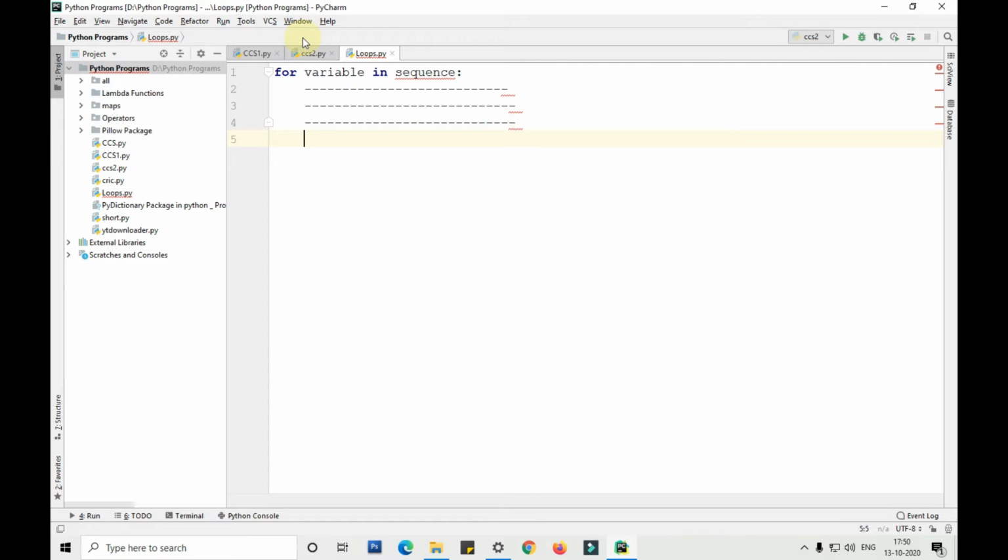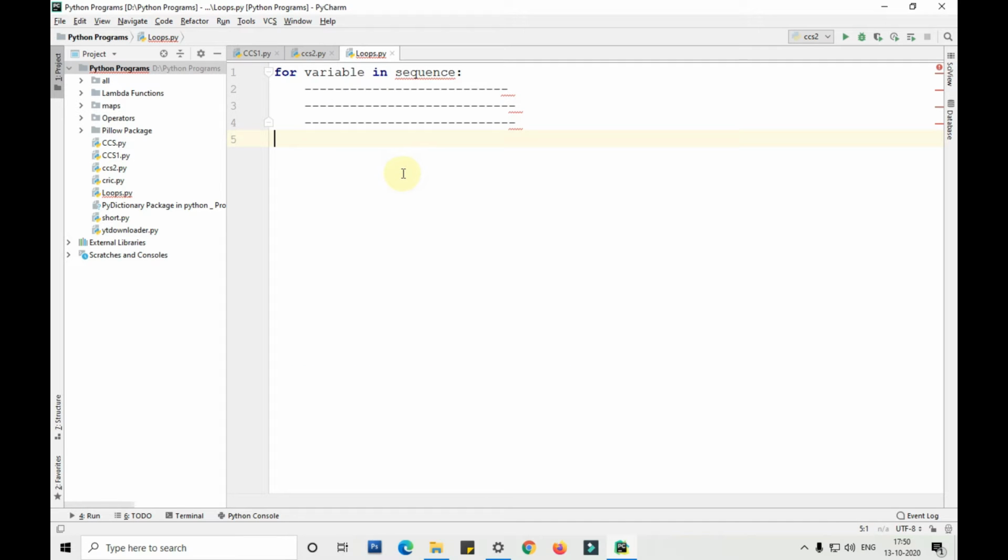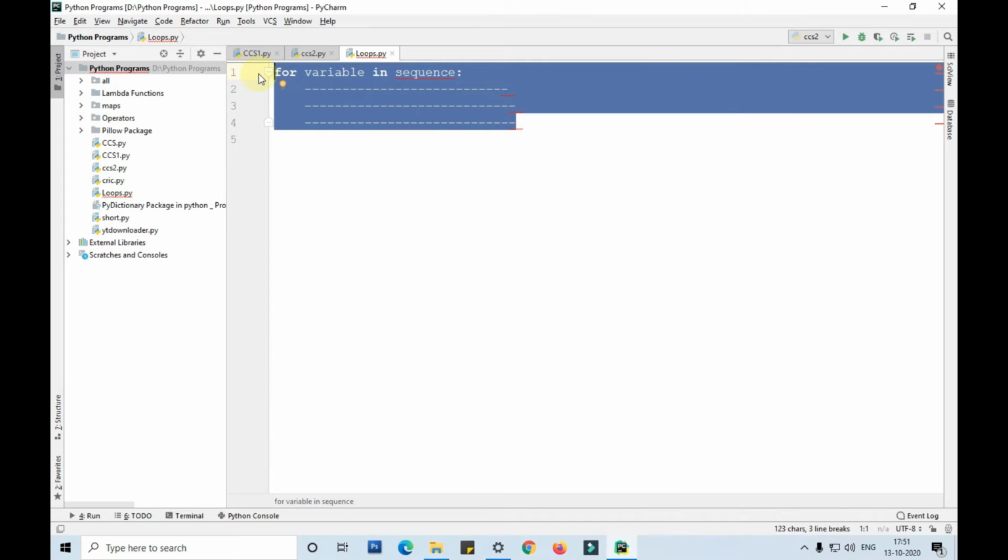Then after that, as I've already told you, guys, this is the indentation for the loop. Okay. So then when we have to come out of that loop, we'll use backspace followed by your regular code, whatever you want to execute. So this is the syntax of for loop.